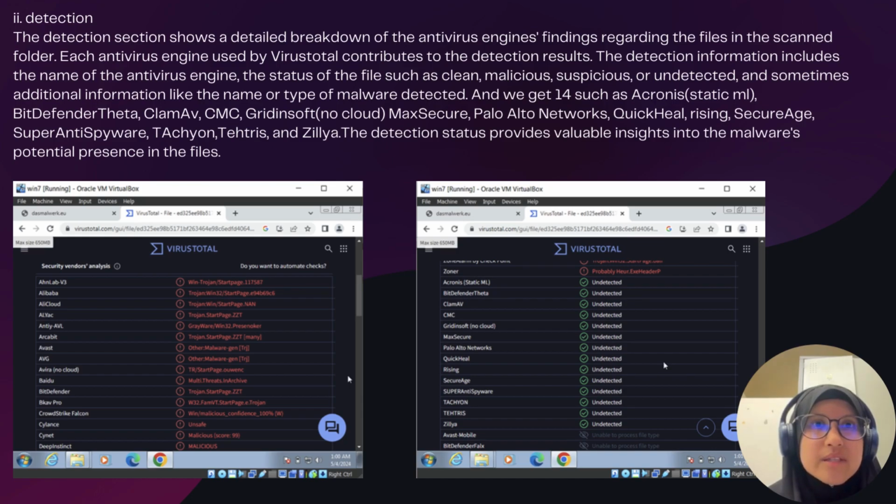Next is about the detection section, which shows a detailed breakdown of the antivirus engine findings regarding the files in the scan folder. Each antivirus engine used by VirusTotal contributes to the detection results. The detection information includes the name of the antivirus engine, the status of the file such as clean, malicious, suspicious, or undetected, and sometimes additional information like the name or type of malware detected. And we get 14 such as